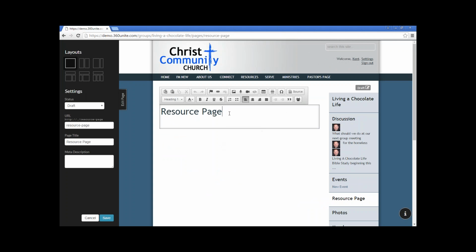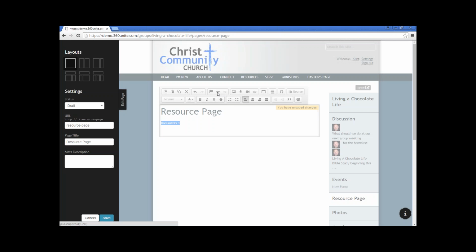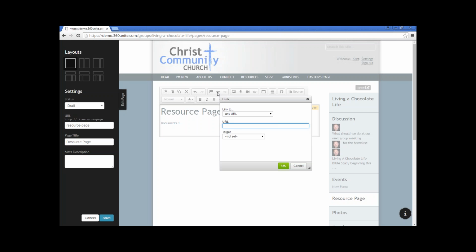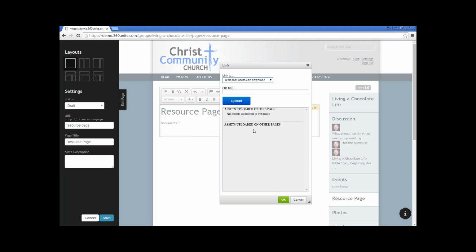So I'm going to click here on the resource page, and if the resource page was going to be a place where people could download documents, I could say document 1 here. I'll just use the number 1. Then I could highlight document 1, click on the hyperlink here inside of the toolbar, and that'll bring up this modal where it'll give me the option to specify what type of link I'm going to create. And I'm going to select the one for a file that users can download